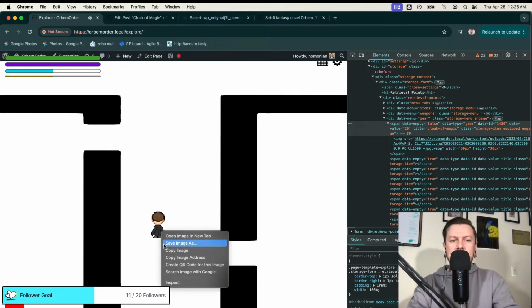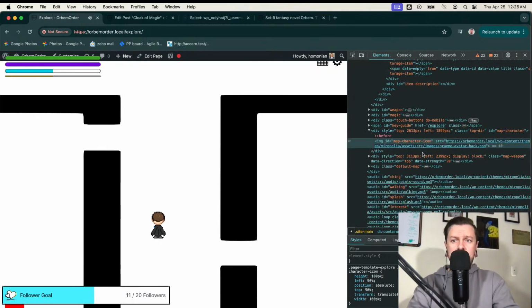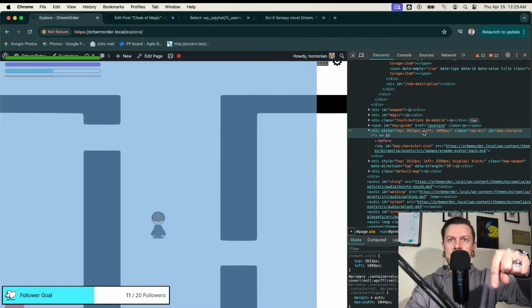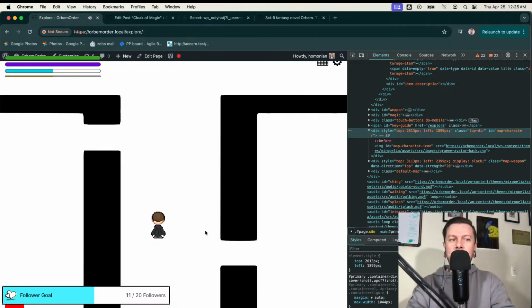And this is all styling. If you look at the dude here, he moves just using top and left. Because if you think of a website as a grid, and the positioning is the top position and the left position, then all you need to do is push him with pixels. And I'm using an interval, it's 20 milliseconds.